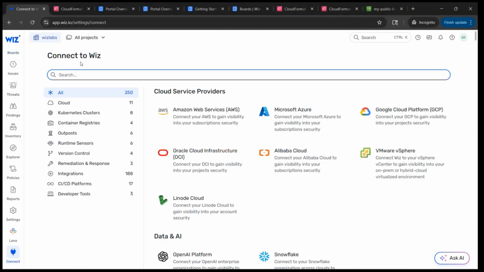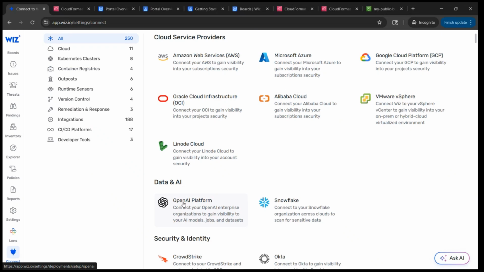This is how to connect to Wiz. From here, we can connect different cloud environments like AWS, Azure, and GCP, which supports hybrid and private clouds too. AWS, GCP, and Azure are the most common multi-cloud connectors. We have other integration categories also: data and AI, OpenAI, and Snowflake for securing data environments,